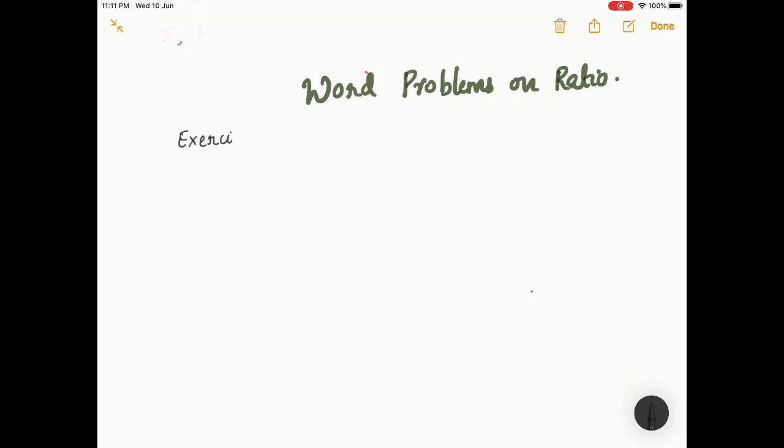Exercise 11b. Okay, let us have a look into the first question. The monthly salary of a person is given as 12,000. So, monthly salary. Let me note down whatever is given. Since all of you have your textbook, refer to page number 102. So, look at the question. First, the salary. The monthly salary of a person is given as rupees 12,000. And its monthly expenditure.